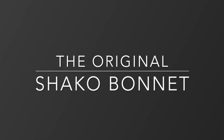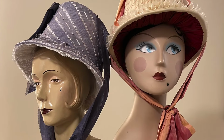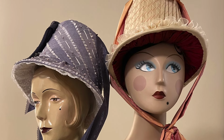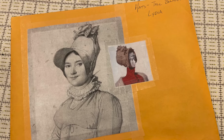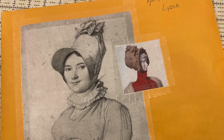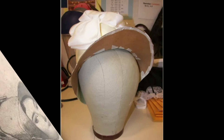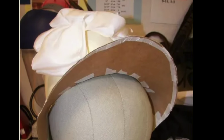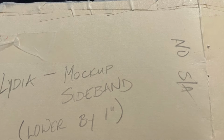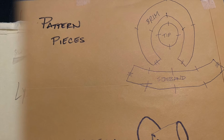Making the original shako bonnet. This is a military hat called a shako, and you can see how its shape influenced bonnet styles such as these. Costume designer Camille Asaf provided these research images to indicate how she'd like the bonnet to look. I taped together a mock-up using cardstock, brown paper, scrap fabric, and wire. Camille gave feedback about the height of the crown and the flare of the brim, and I was ready to